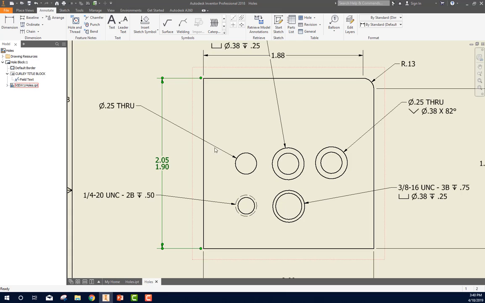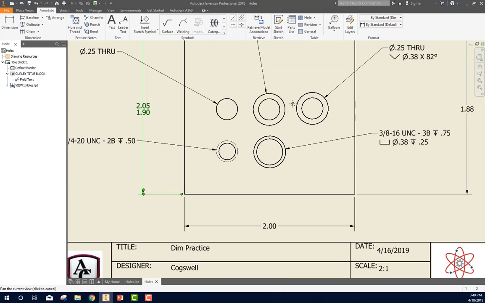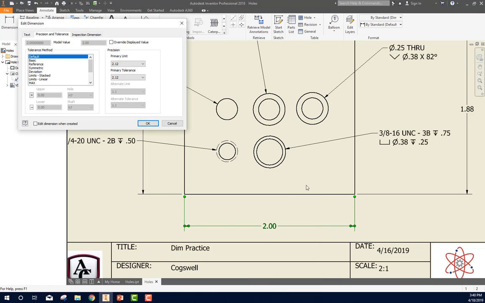As soon as I hit OK, it is going to change my dimension to those limits that I just put in. That, my friend, is a limit dimension. Now let's do down here on this one, right click, go to edit. I want to do a unilateral, or let's do a bilateral